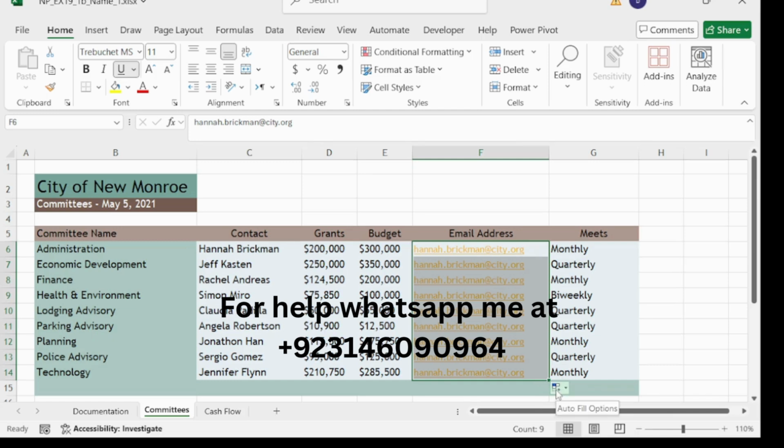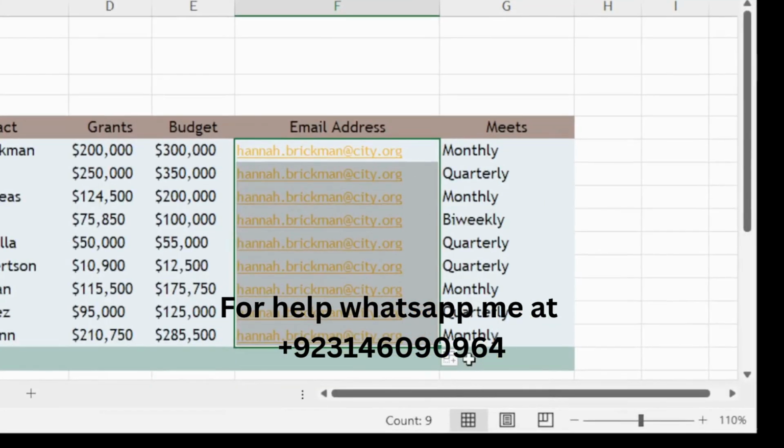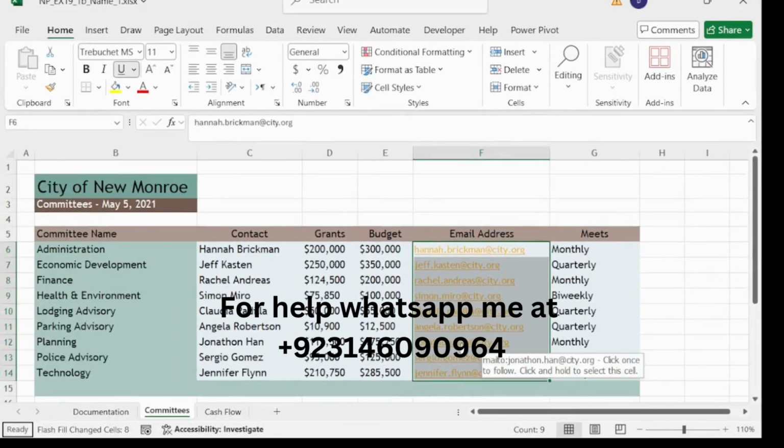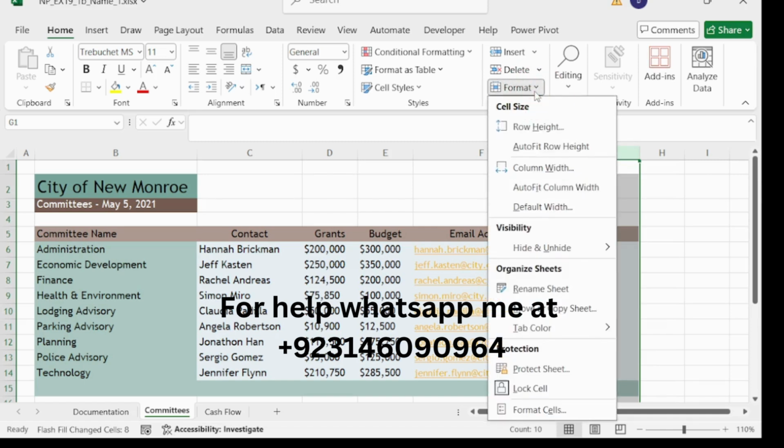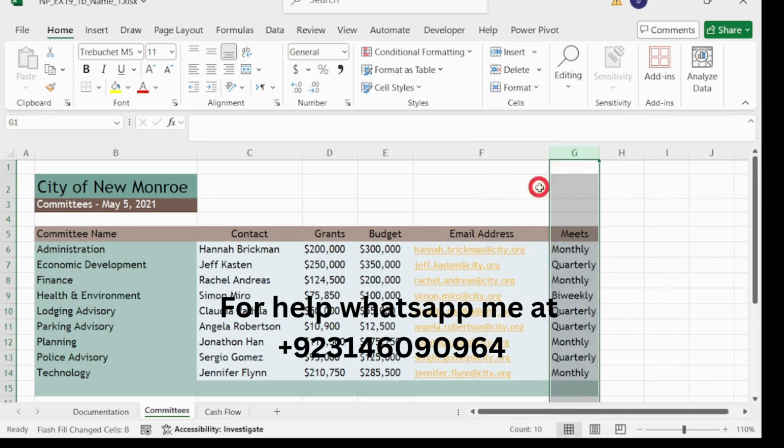Click on the AutoFill option and choose Flash Fill. So we have completed our step number 5, and our step number 6 is adjust the width of column G using AutoFit. Select column G, go to Format and select AutoFit Column Width.